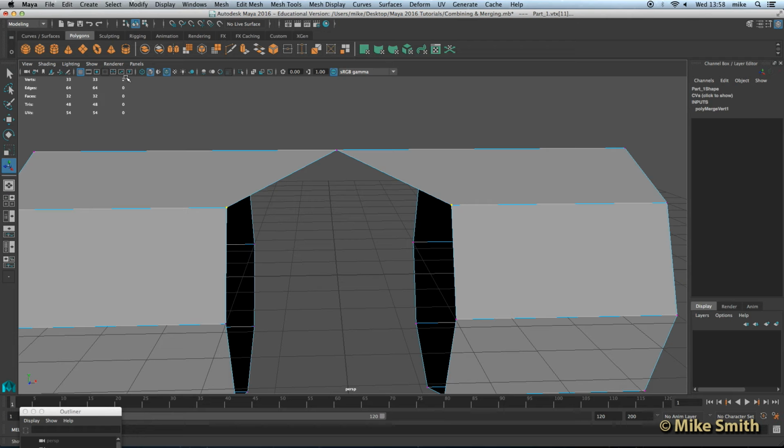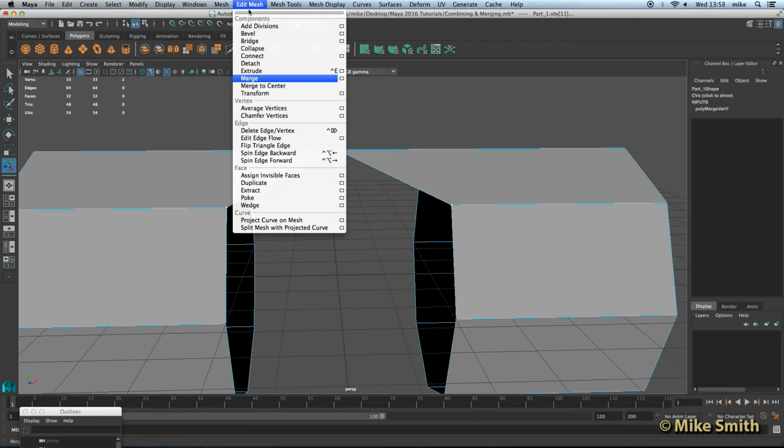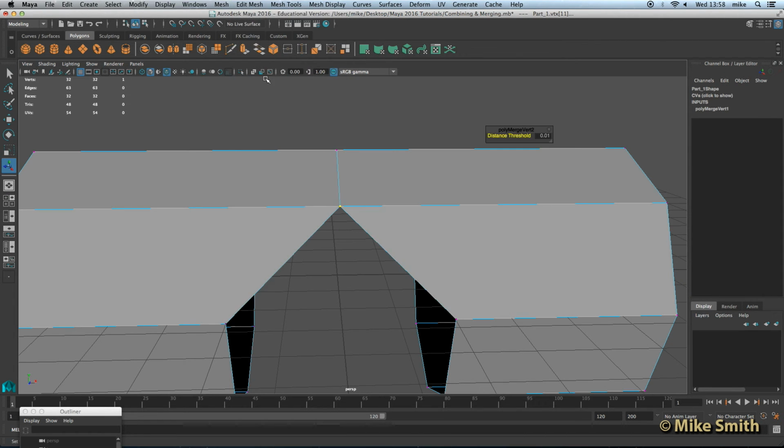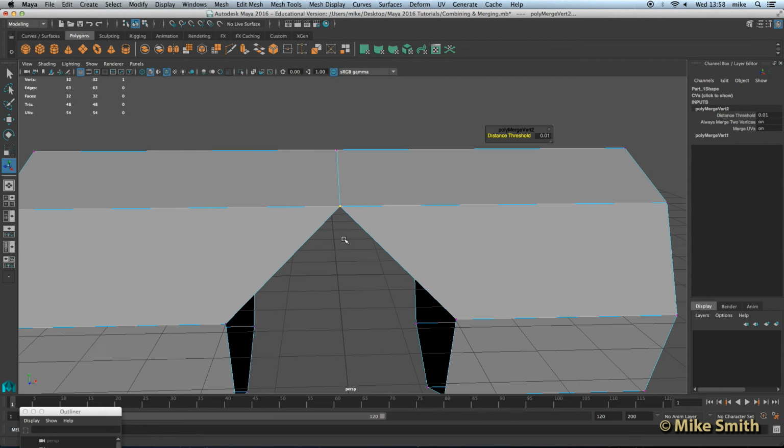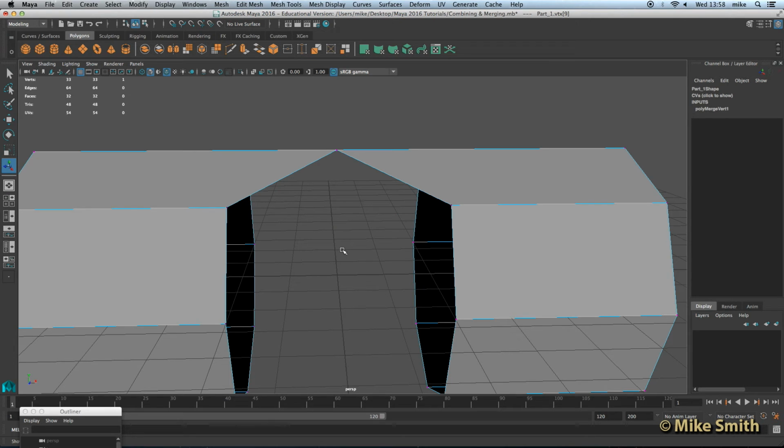So we have 2 now. Edit mesh, merge. And if we look at the poly count again, it says there's 1. So you can see how that's useful. If we had have merged that with 3, it could have really distorted the object. Some other ways, if I press Z just to undo what we have,